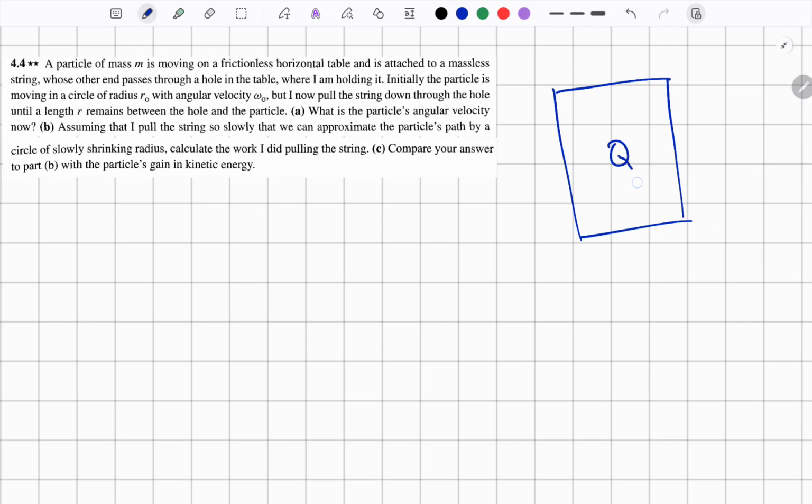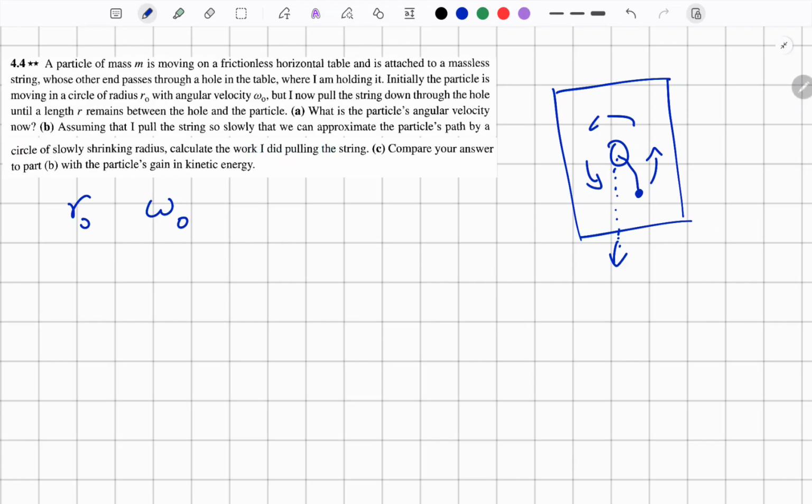We have a hole in our table. We have a string with a mass on the end traveling around. The string is going through and it's being pulled downward. So initially we have a circle with a radius r naught and an angular velocity omega naught. Now we're pulling the string downward,